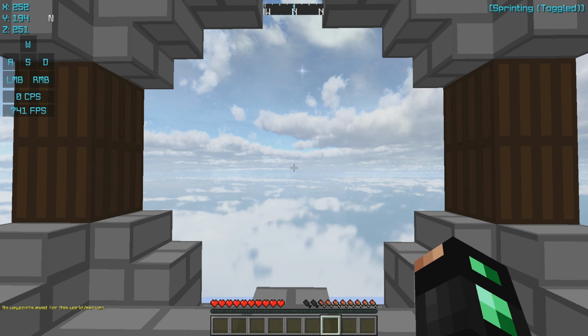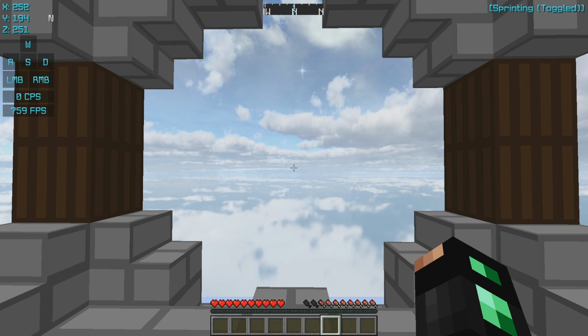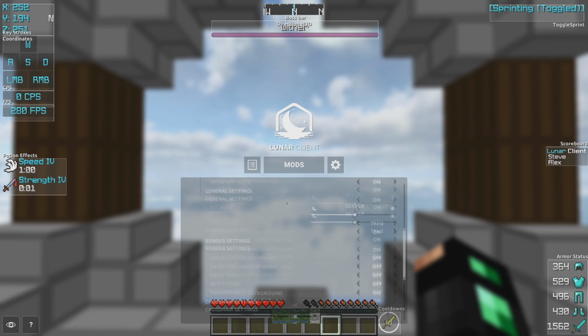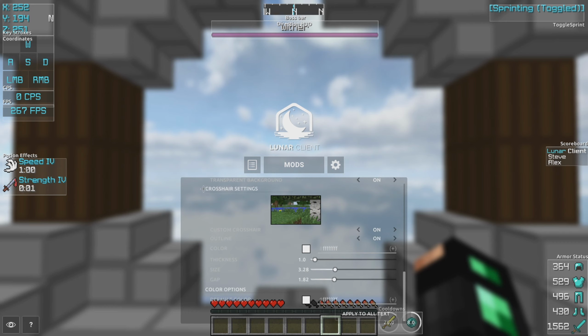And the next thing I want to show you guys is my Lunar client crosshair. If you want to access the crosshair menu, all you have to do is press right shift, go to the gear, go to Lunar client settings, and scroll all the way down, and you should be met with something called Crosshair Settings. For my custom crosshair, I turned that on obviously, and the outline is on,